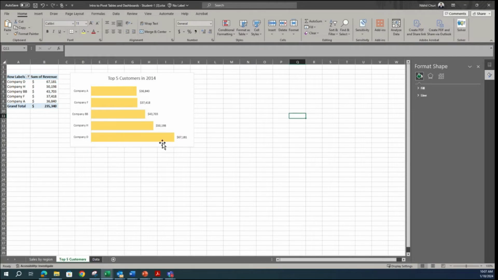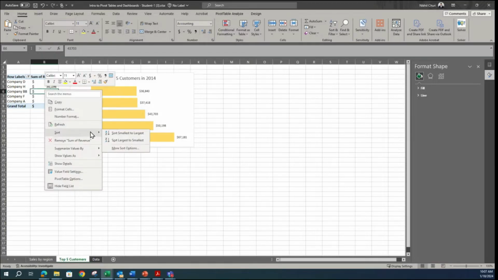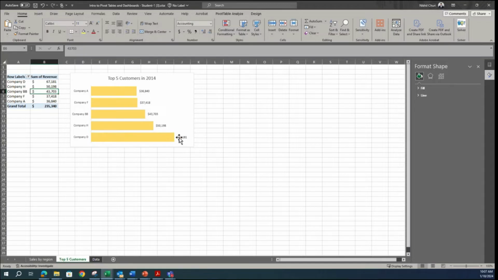The next part is let's sort it from highest to lowest. And when we look at this table, it is sorted from highest to lowest. But for some reason, Excel does this in a reverse way. So like we said, there are a couple of ways to do it. If you reverse this order, say, smallest to largest, this will get fixed. The other way to do it is,